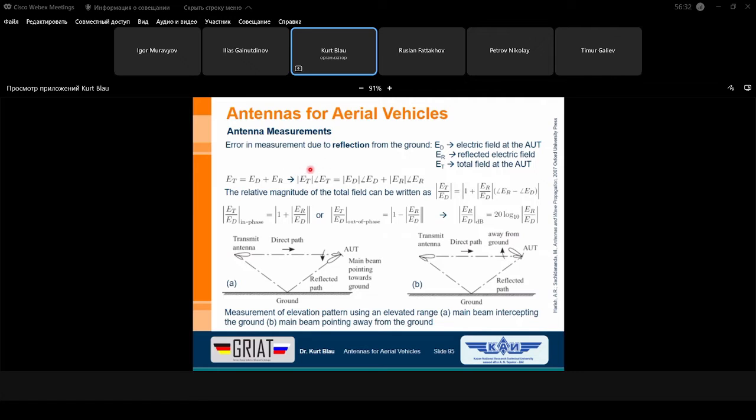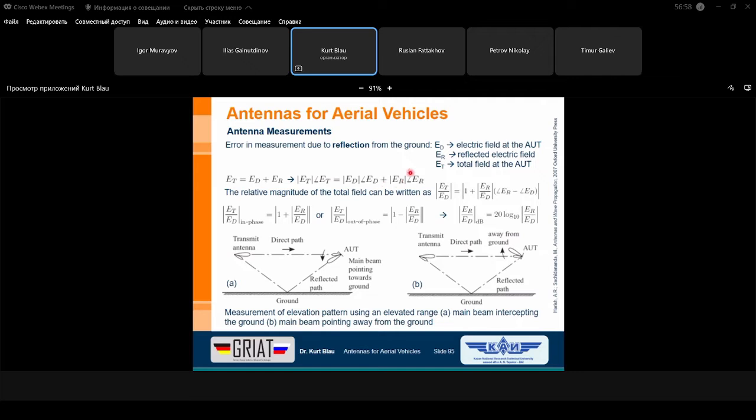The total field has the magnitude here with this angle of the direct electric field, plus the magnitude of the reflected part, and here